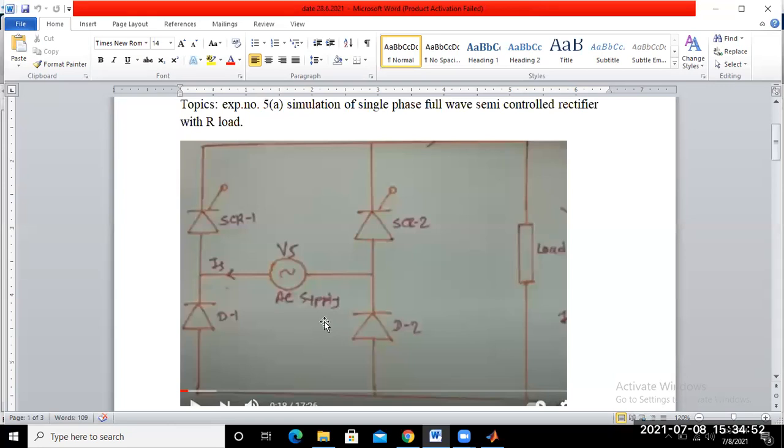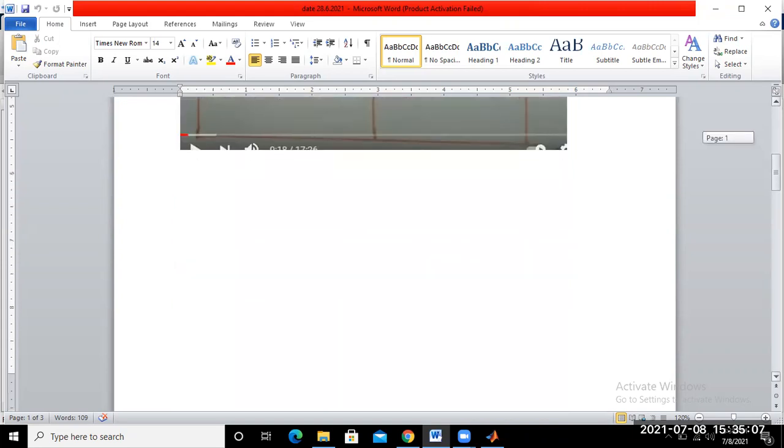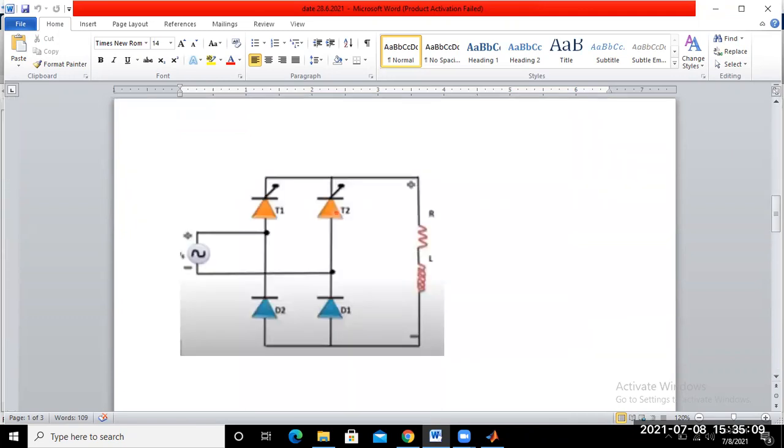So this circuit we just try to simulate in MATLAB. Whatever the circuit connection is available here, we try to simulate in MATLAB. So already you have the circuit diagram. Two thyristors, that means thyristor number 1 and 2, and diodes D1 and D2, or whatever you mark, D2 and D1 doesn't matter.